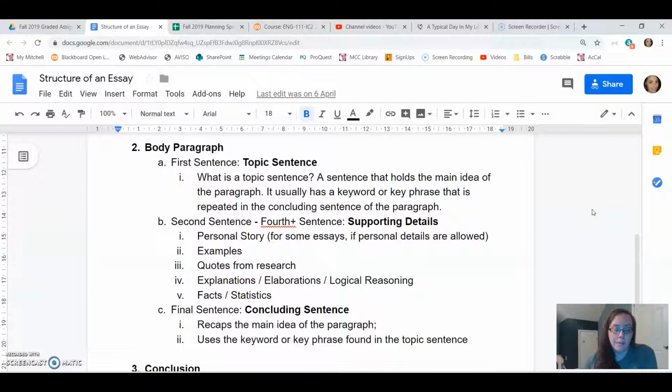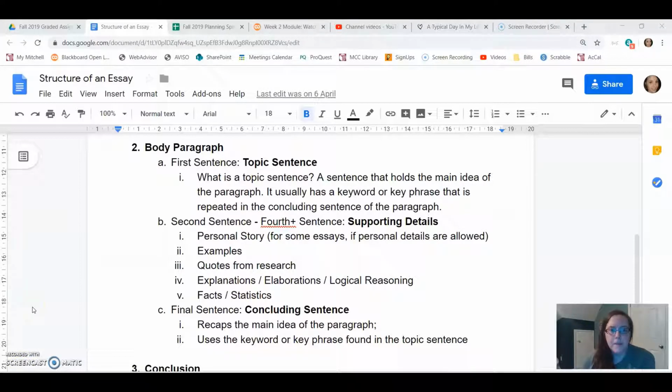So one of the best indicators, and something I would really, really encourage you all to do, is read your thesis statement and read the first sentence of each of your body paragraphs and make sure that they reflect each other, that your body paragraphs give that topic sentence style focal point and your thesis covers all of those ideas. And if that's not the case, then I would want you to work on revising. That could be small revisions where you have a focus, but you don't reflect that in a topic sentence, or bigger revisions where you realize you don't have a focus in that paragraph at all.